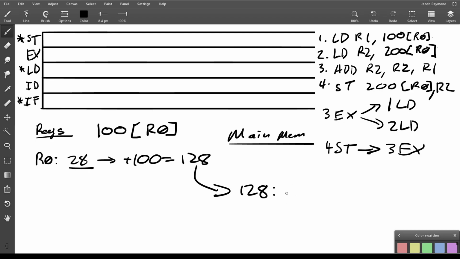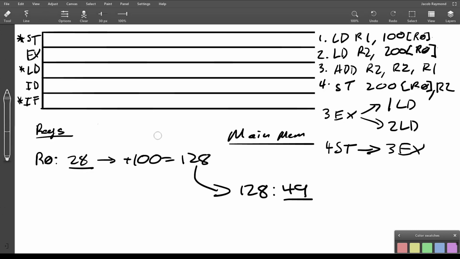And maybe right here there's the value 49 in main memory. We're going to take this value here. What this says is add 100 to whatever R0 is, and that's the memory location we're going to go to. So this load R1 100(R0), if I write that out fully right here,